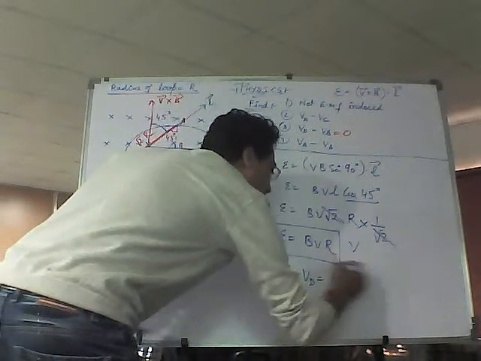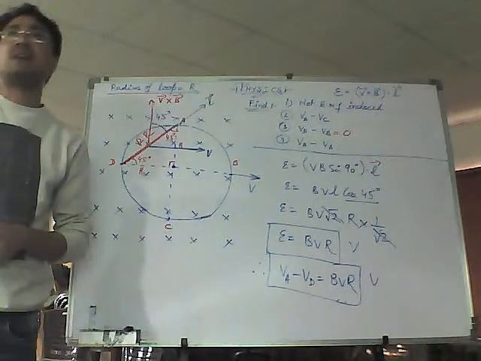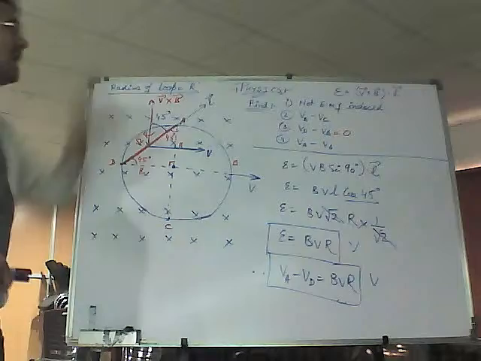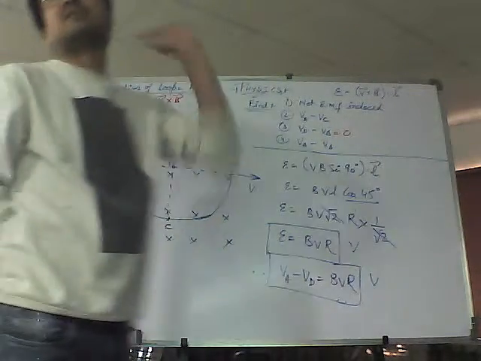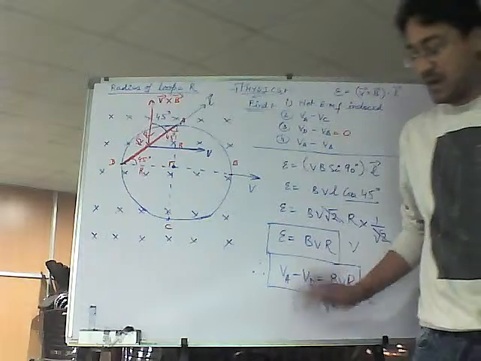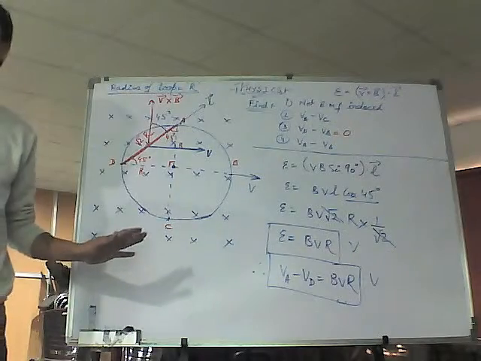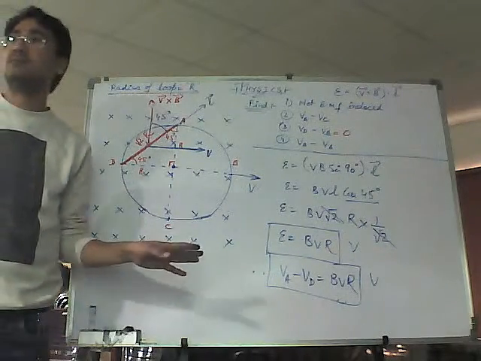Therefore VA minus VB will be positive and this will be BVR volt। अगर ये नेगेटिव होता तो हम माइनस का साइन पुट करते, ठीक है। So are these sort of questions and this topic very much clear to all of you? इसमें इसके बाहर का क्वेश्चन कहीं से भी नहीं आएगा।